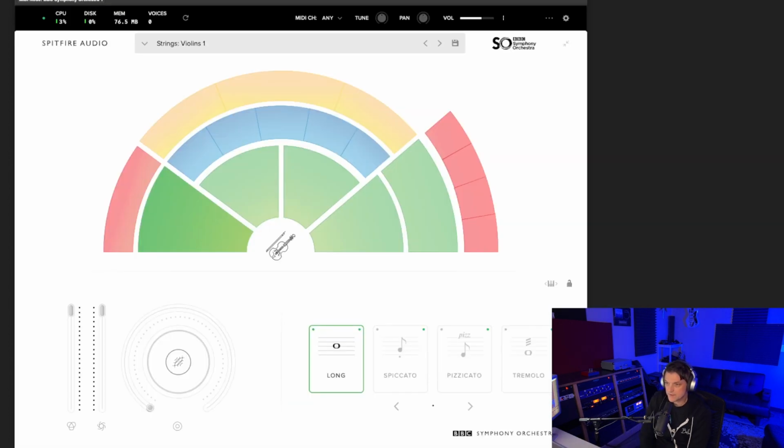Last on the instruments list is another instrument by Spitfire Audio, and this is the BBC Symphony Orchestra, and this is their Lite version. There's paid versions of this, but this is their free version, and this is amazing, especially if you're just starting out in orchestral music. This gives you everything inside of the orchestra. You got violins 1, 2, violas, and cello,